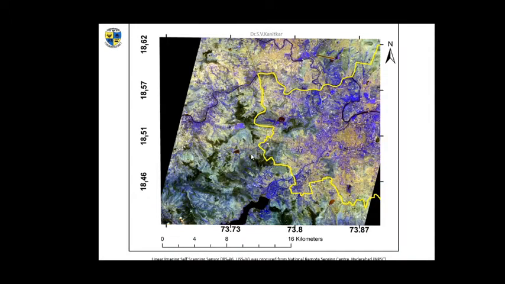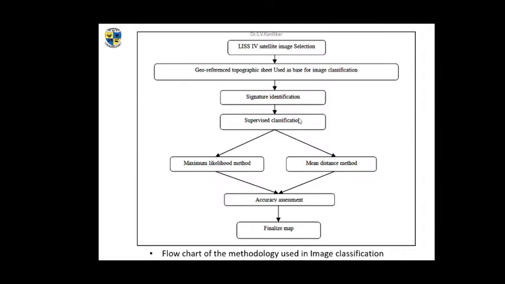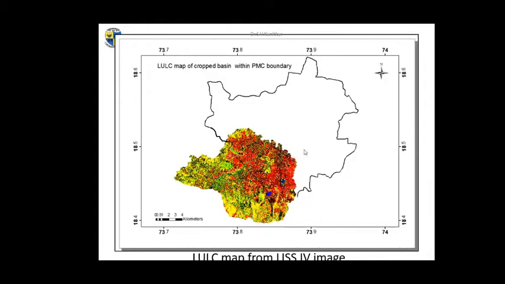The other data is satellite imagery. So this is a swath of LISS-4 imagery procured from NRSC, and it has a spatial resolution of 5.8. You do all the processing on this and work out the supervised classification and work out the final map of a particular subset which is of your interest. So you can see over here, let us say this is a LULC map of LISS-4 satellite imagery on a particular subset of a crop basin.